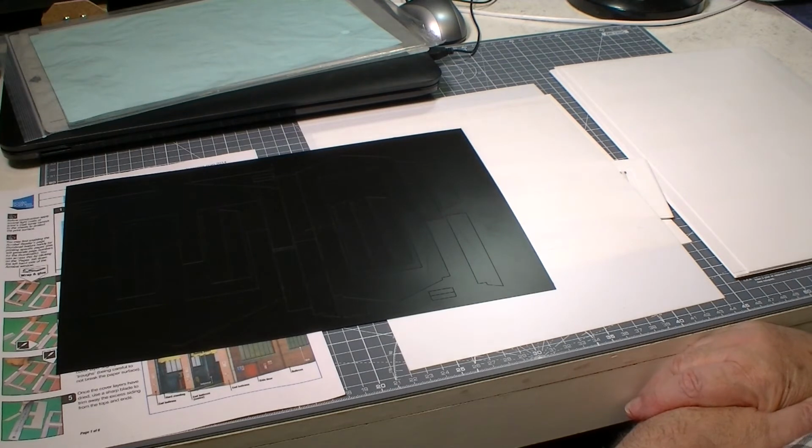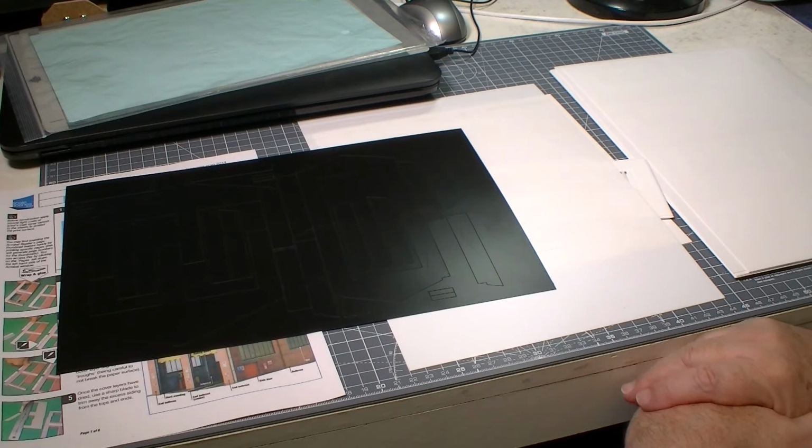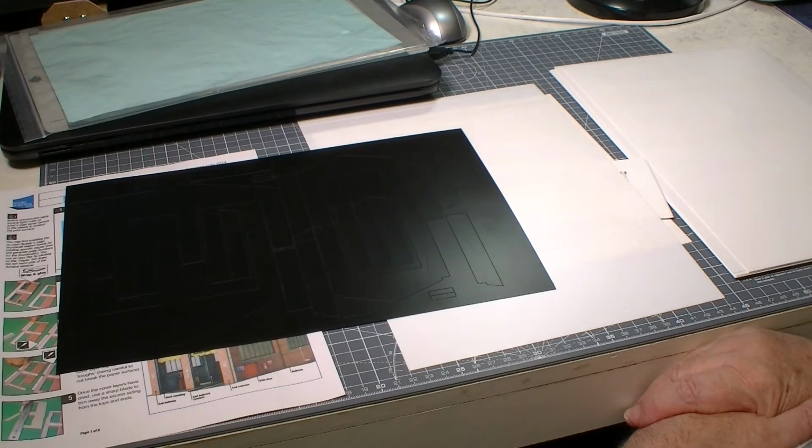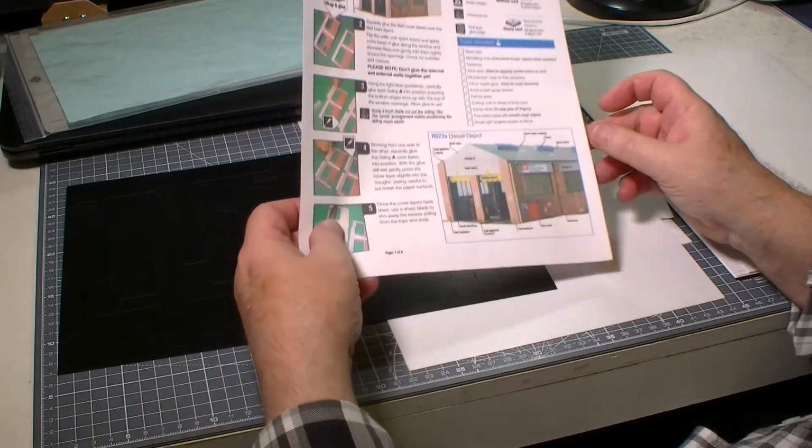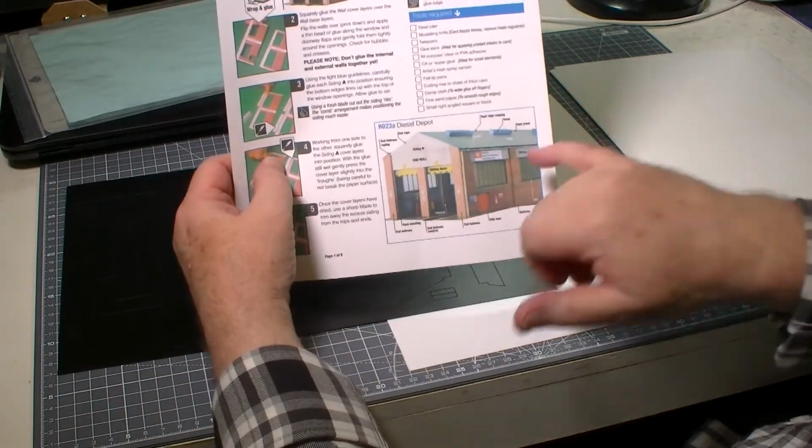And the roof will be built up out of that same siding, hopefully with a sheet of plastic card underneath it. It gives me something to stick it to rather than just having to stick it end on end. But I'll do it that way if I have to. The only other thing that I changed so far, obviously the roof was the biggest thing and the siding, but